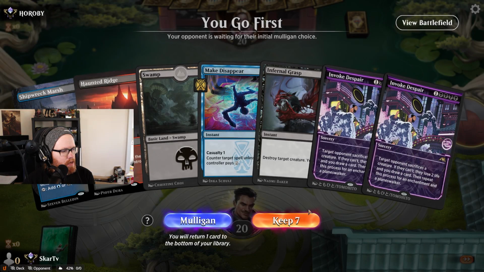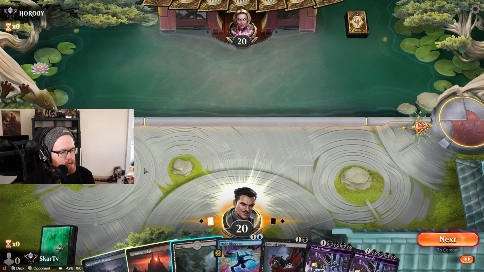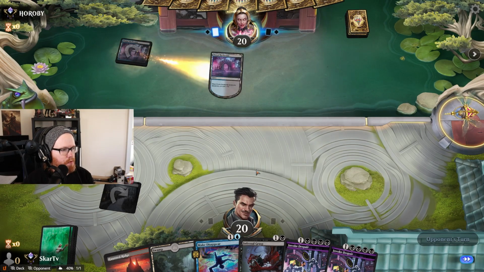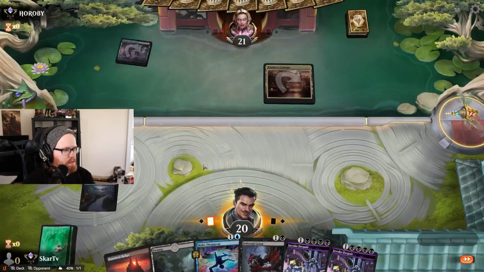All right, on the play, hand is a little slow, but I don't think it's a bad one. So it's got a counter spell, it's got removal. I think I'm okay with that. The fact that we also have 3 black in the opening is great. Looks like we're against control of some sort, so I'll play my